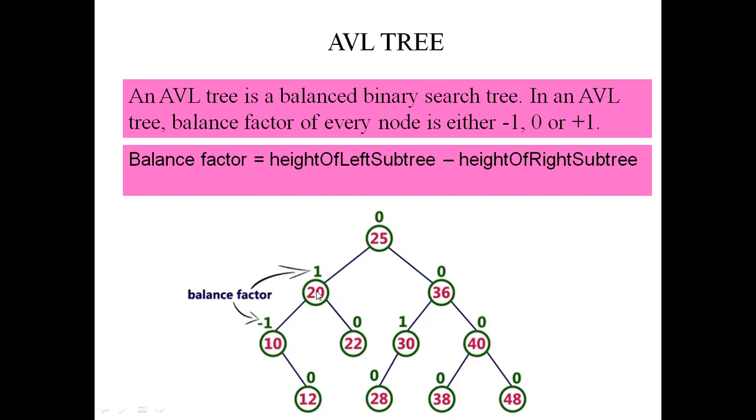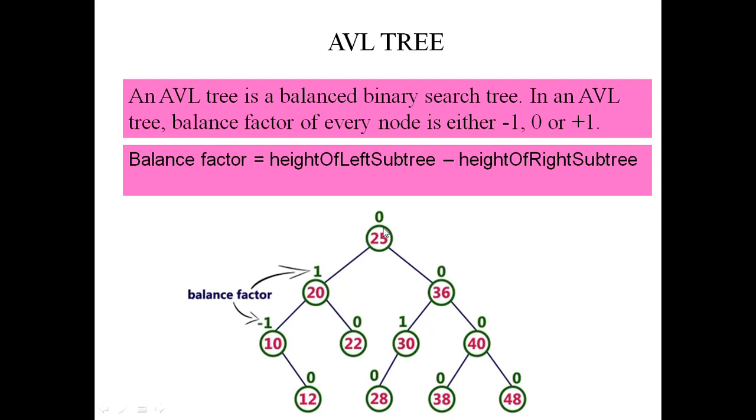Try to calculate this one. What is the height of the left subtree? That is the distance from this node to the leaf node. We have to traverse towards the leaf node. So this is 1 and this is 2. So 2 is the left subtree height. The right has value 1. So 2 minus 1 is 1. If a node has no left subtree or right subtree, it is going to give you the value 0. No value there. So 0 minus 0, it is going to give you 0.